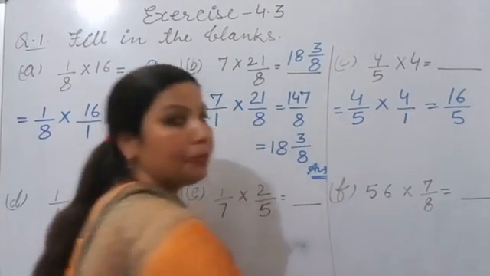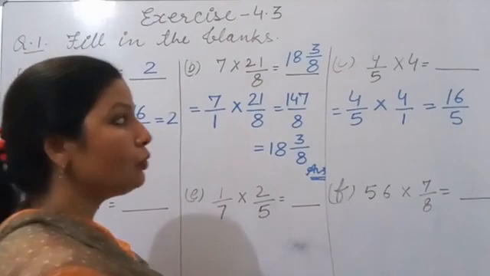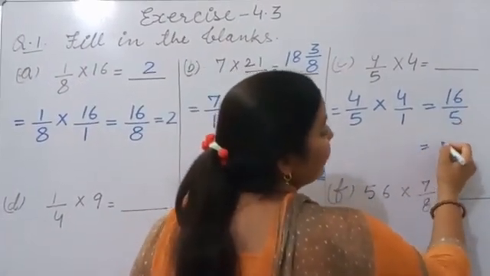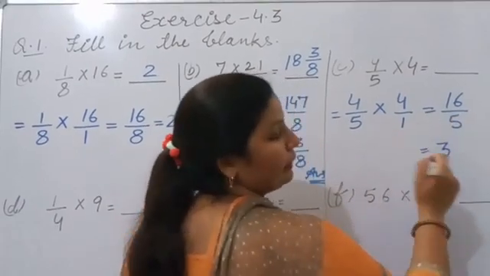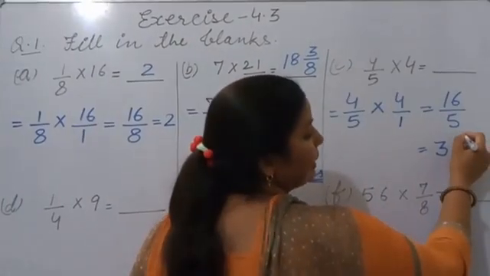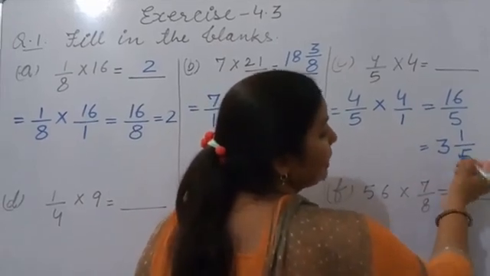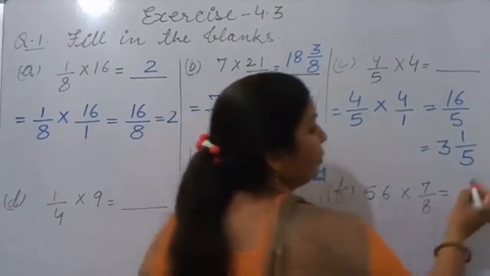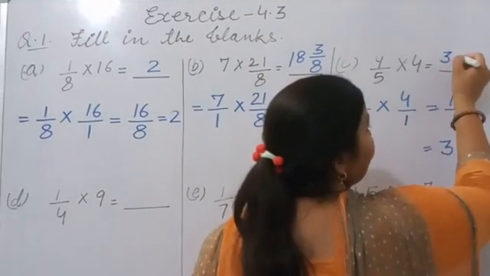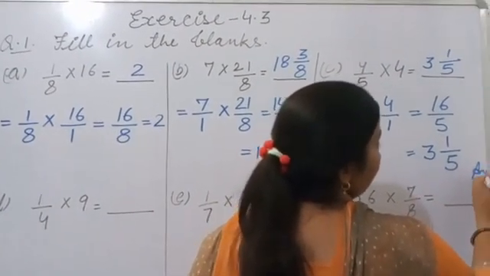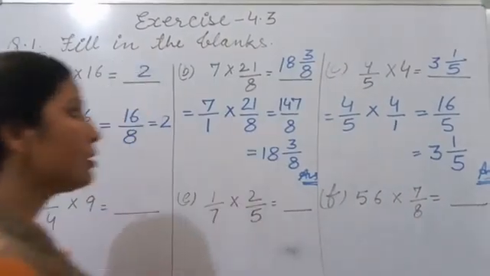Now again it is an improper fraction, so we change it into mixed. So 16 divided by 5. 5 3s are complete, 5 3s are 15. Then 16 minus 15, there will be 1 as remainder, so 1 is the numerator and the denominator will be the same. So 3 whole 1/5. So we fill here 3 whole 1/5. That's your answer. Okay. So like this you will solve.